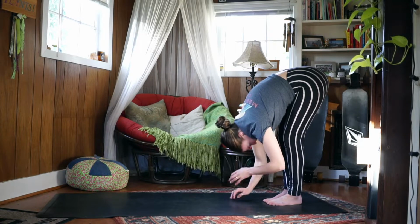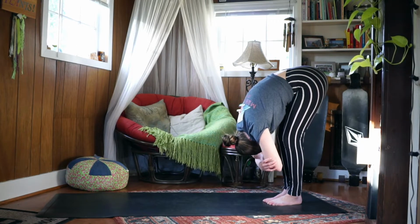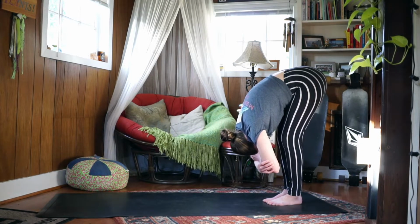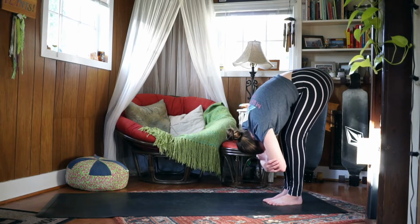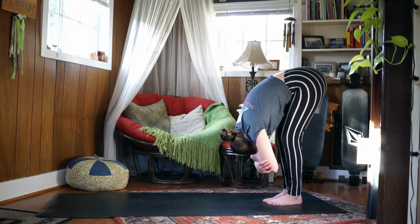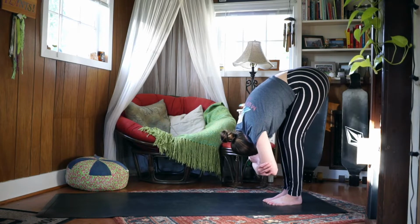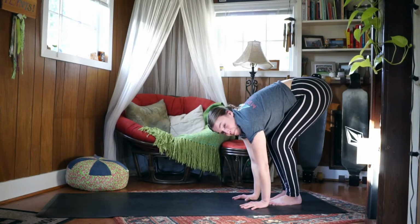Keeping a small bend in your knees, you can grab each elbow and just let your head drop. Maybe tuck your chin into your chest. And if you're doing this in the morning, maybe you'll feel a little bit of radiation going down the back of your spine. And just breathe here in this forward fold. Good, and let's go ahead, place your hands onto the ground,